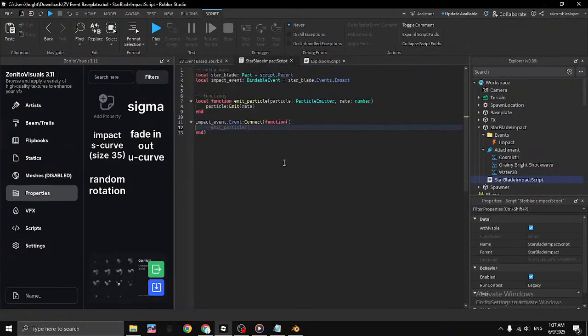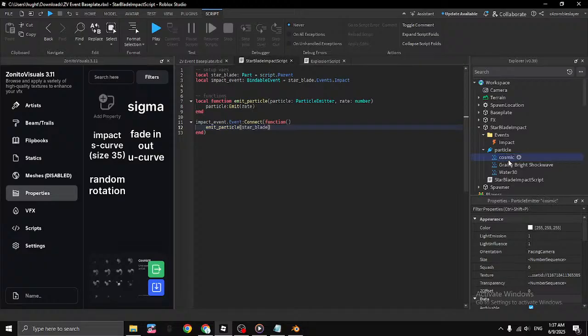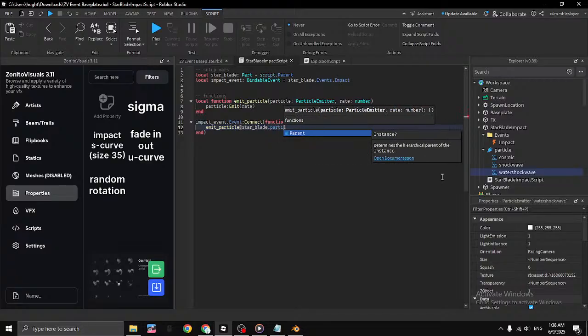So let's go into the script. Go ahead and emit particle on star blade, and let's just go ahead and name all these to particle, and let's call this one cosmic. Let's call this one shockwave. Let's call this one water shockwave. Now all we have to do, emit particle on starblade dot particle dot